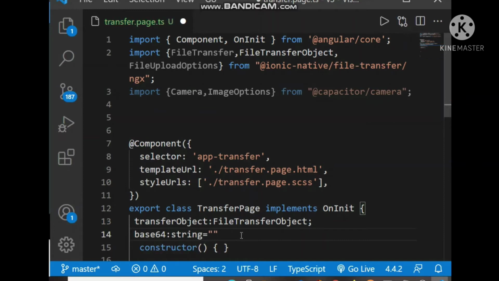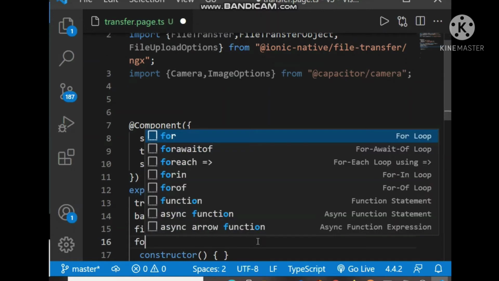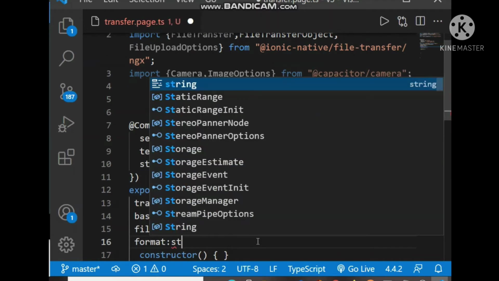We will capture or pick an image, then convert this particular image to base64, and this base64 will be used to send to that particular server. The file name is also required, and the format of the file is also required.